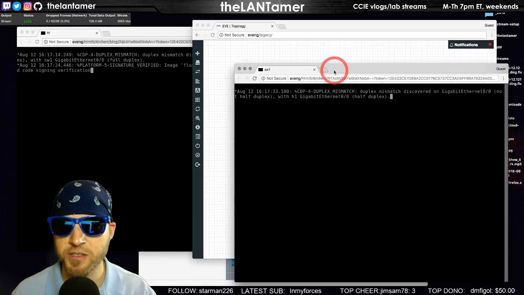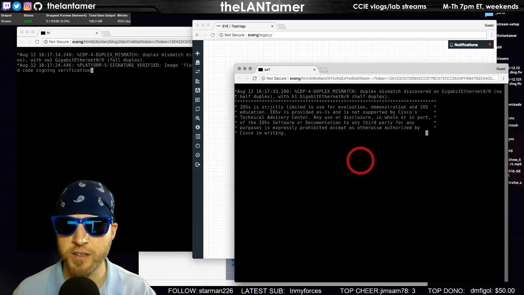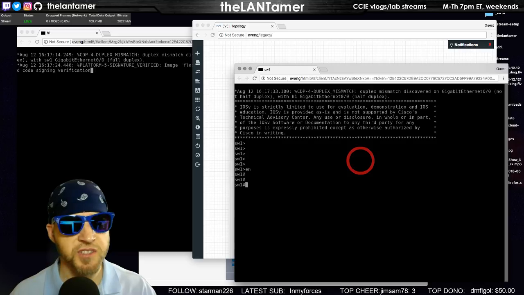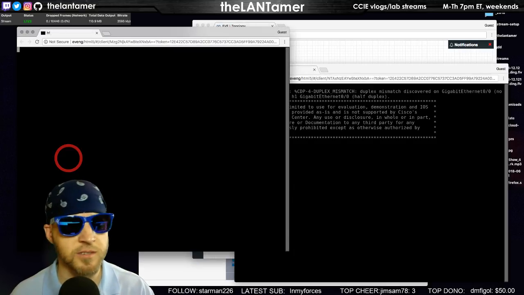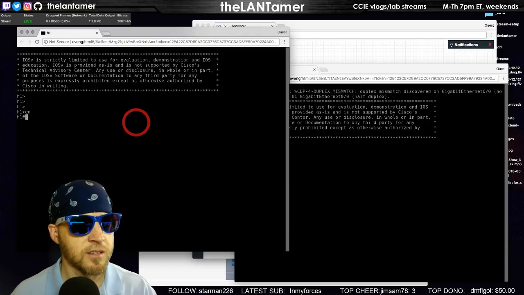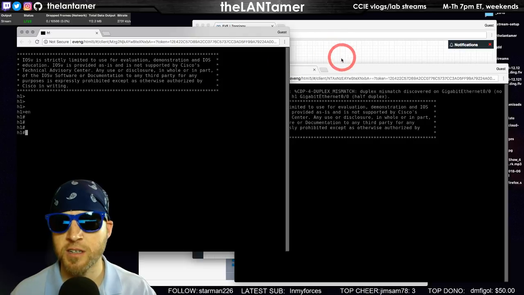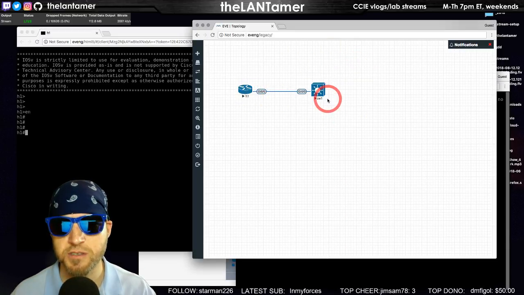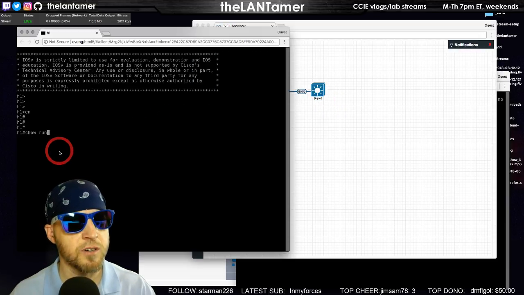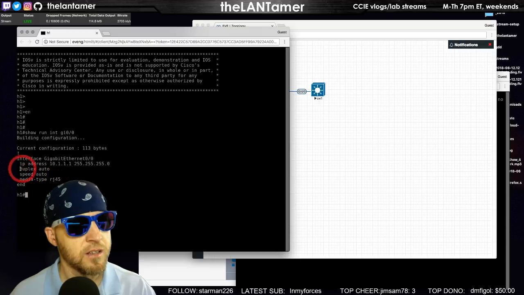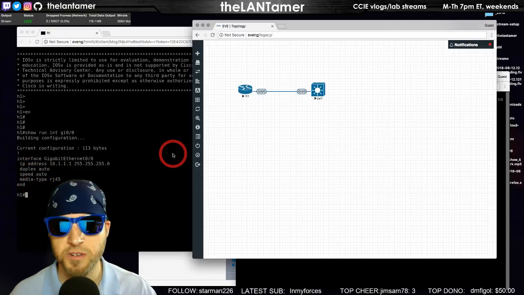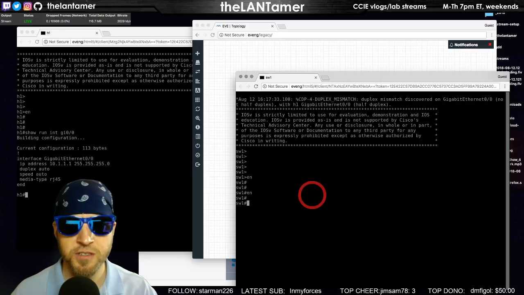Now let me illustrate the usefulness of this via a case I'm working on. And this is something I learned by watching network lessons, not something I learned on my own. So we've got a host and we got a switch. And show run interface Gi0/0. Okay, this has an IP address, duplex auto, speed auto, media type. I'm not sure what's going on there. But let's look at the switch port.